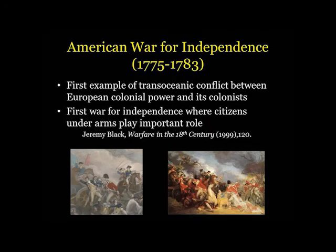Now, to talk a little bit about the American Revolution and where we are in the war, you need to also think about the American Revolution in its broader transoceanic context. And that basically is that it is one of the first conflicts between a colonial power and its colonists. That had not really occurred prior to the American Revolution. The second really important thing to note is that it's one of the first times when